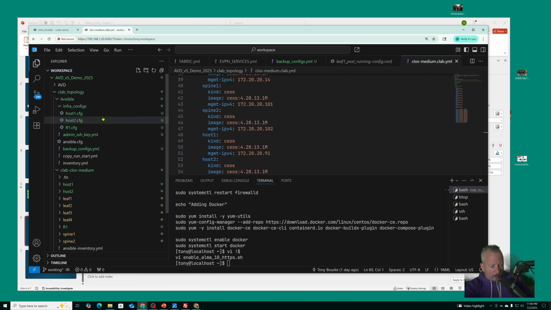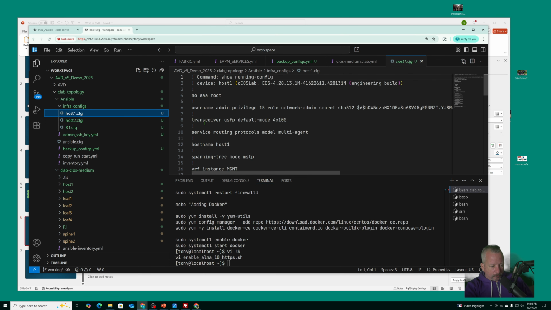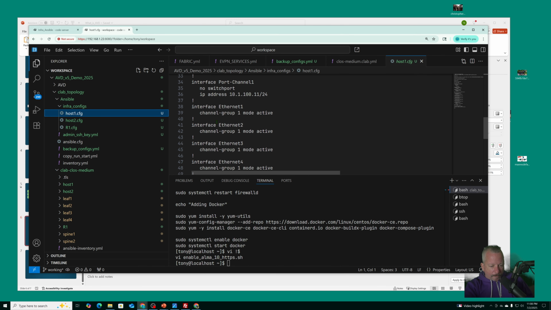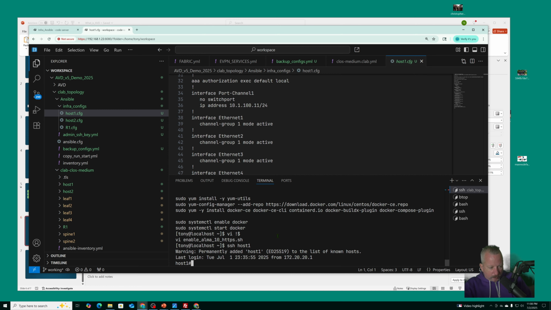So I think I'll go with the preloaded config. So it's going to load up some configs here. And one thing I want to include on these host configs is